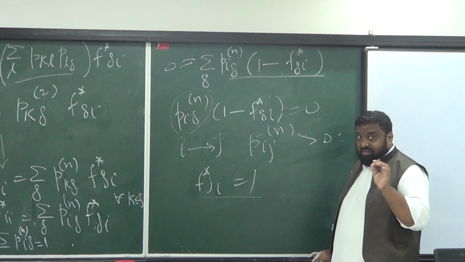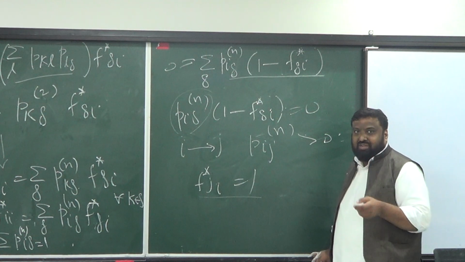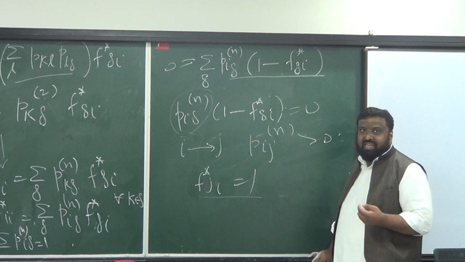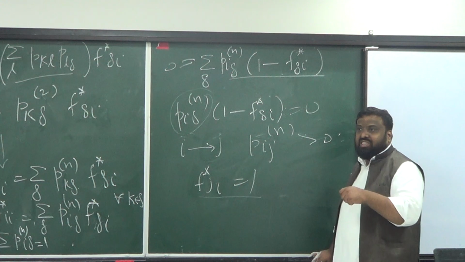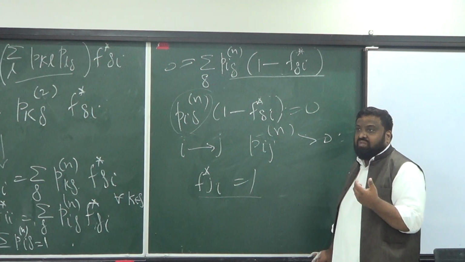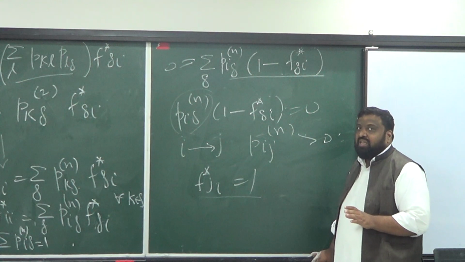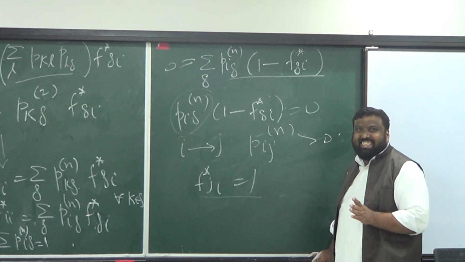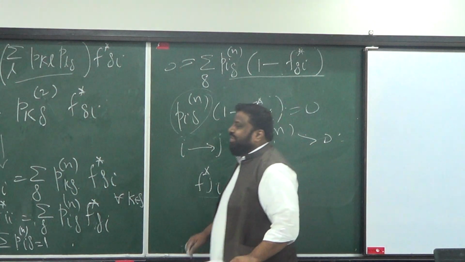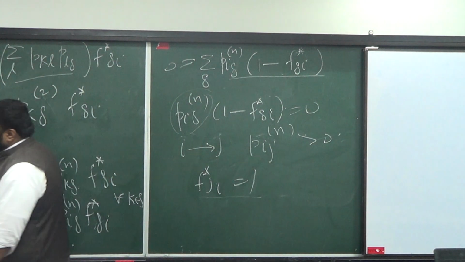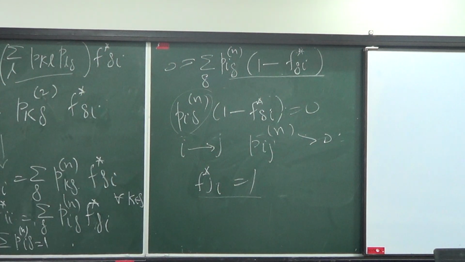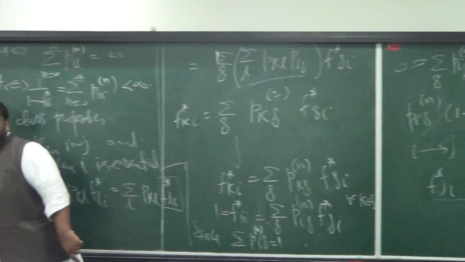You need to make the point rigorous actually. This is a claim that I leads to J means f star Ij equals 1. It seems intuitively yes, but who knows? Who knows? So another suggestion that is coming is that you do the same analysis, but instead of starting from I, start from the J actually.